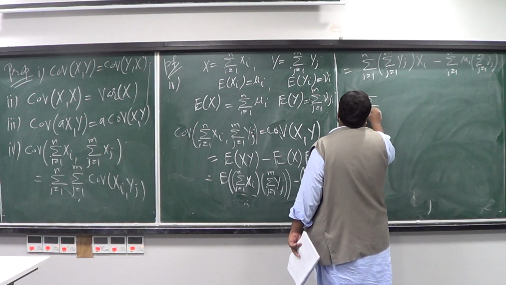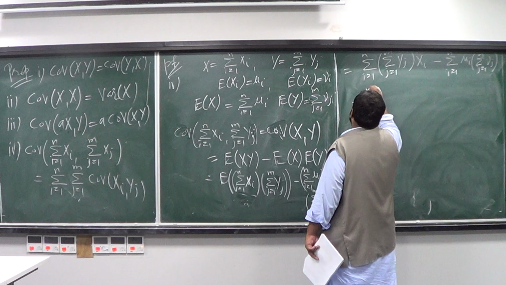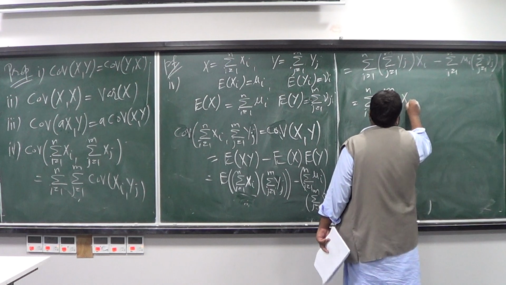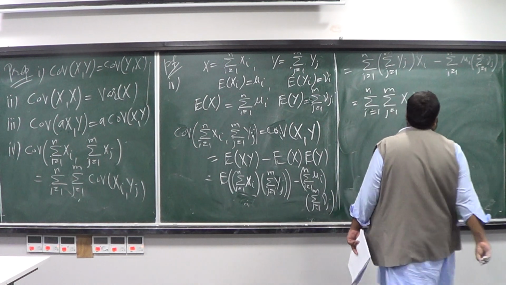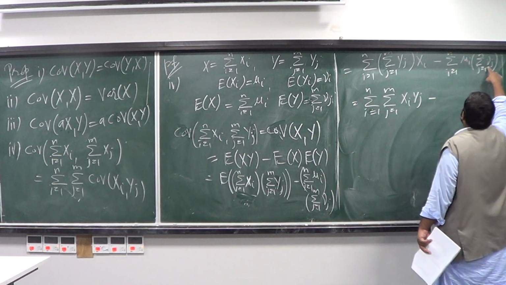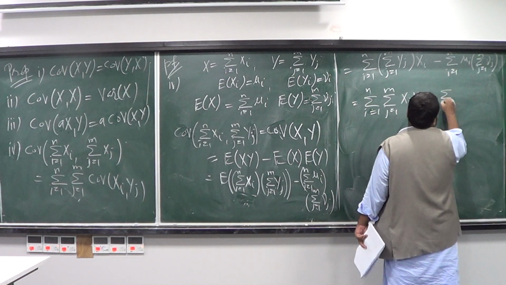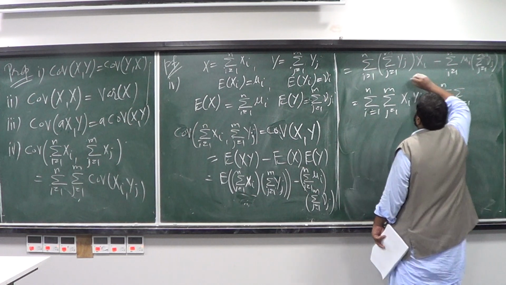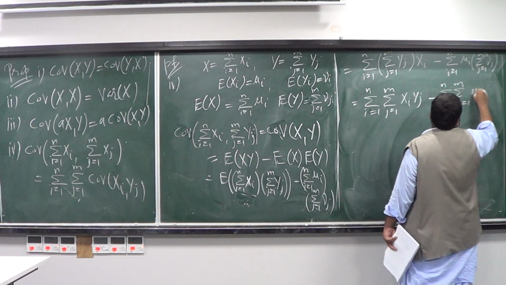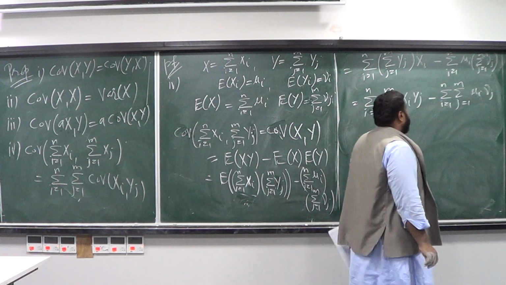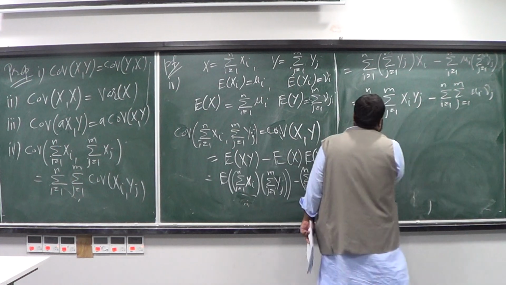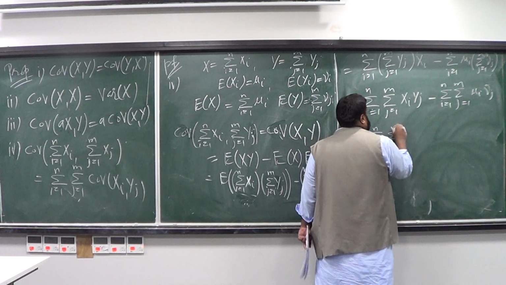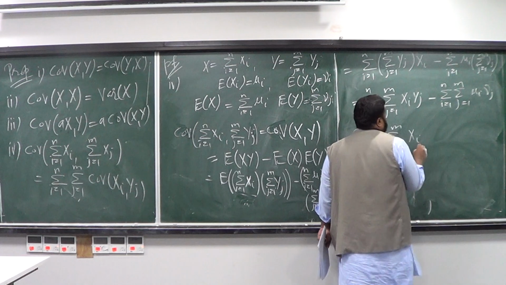So I can write this as i equal to 1 to n times j equal to 1 to m. Each Xi is multiplied with Yj, so it's going to be Xi Yj, minus each mu i multiplied with mu j. So it's going to be a double sum from i equal to 1 to n and j equal to 1 to m of mu i mu j. If I wish, I can put these sums together and I'm going to get the sum over i equal to 1 to n and j equal to 1 to m of Xi